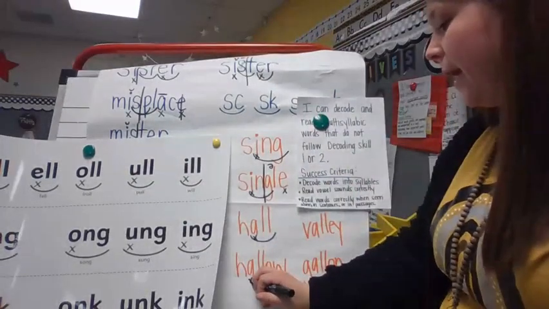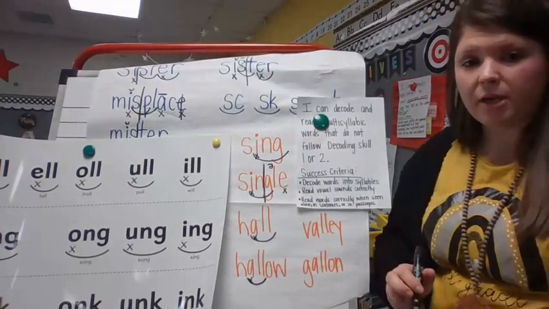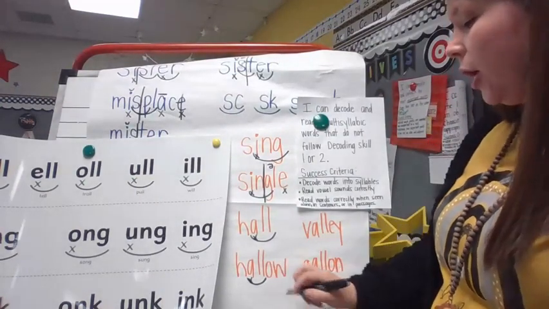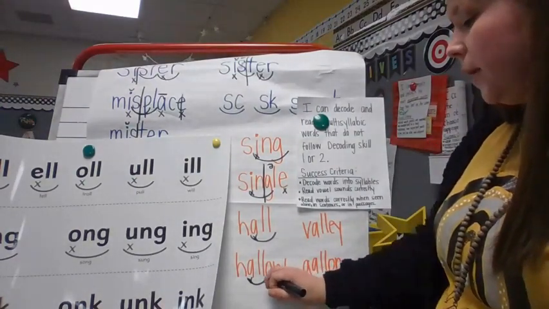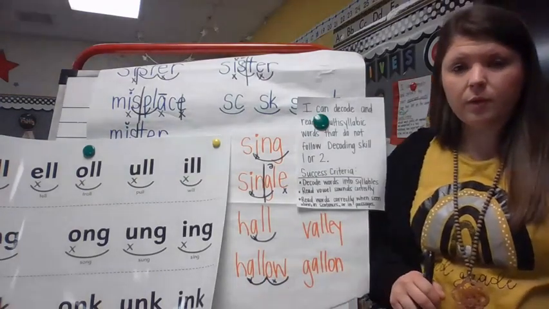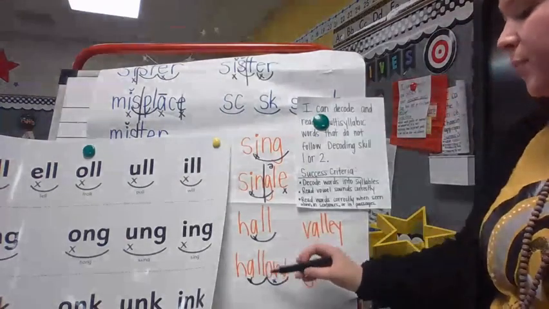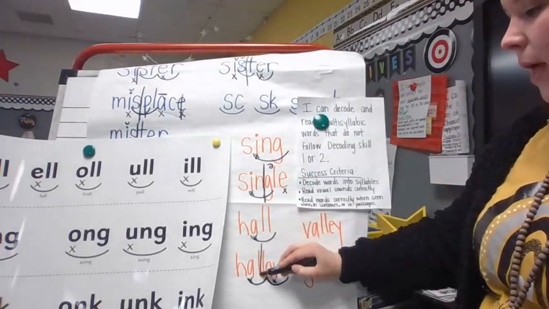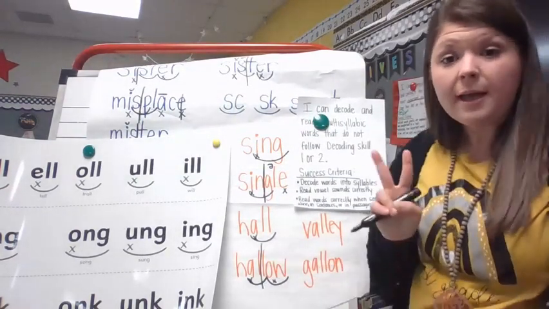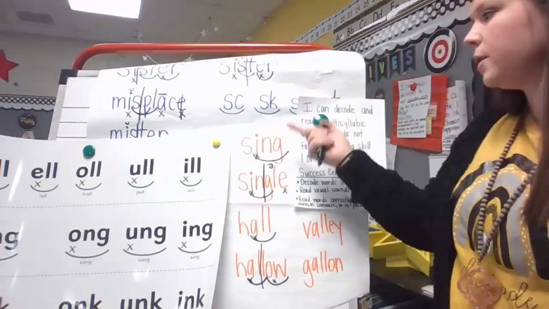So we have vowel A, and then it's followed by LL, which is a special vowel combination, so I'm going to arc it there. Then we have our O and our W, which is also a special vowel sound, which says O, okay? All right, now we're going to split this word in between the two L's, because that's what the decoding skill teaches me in normal words, that if we have two consonants, they'll split. Now remember, in the word sing,